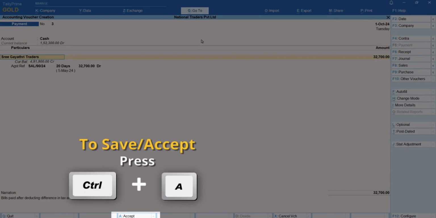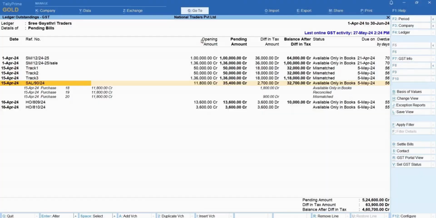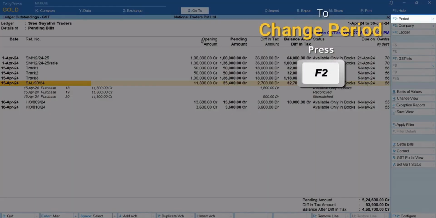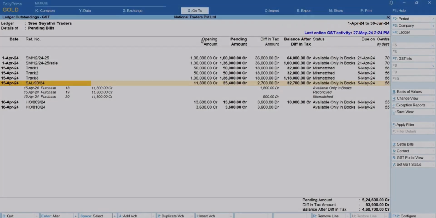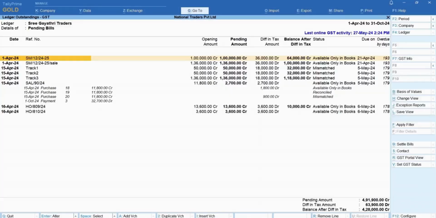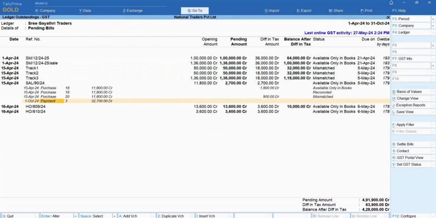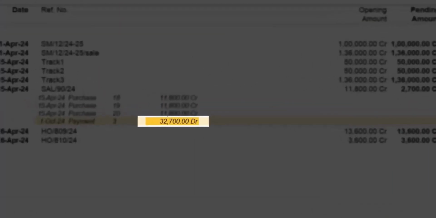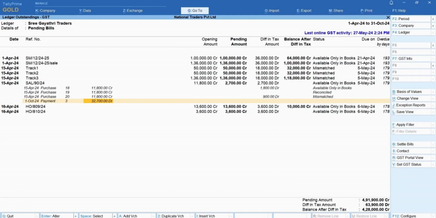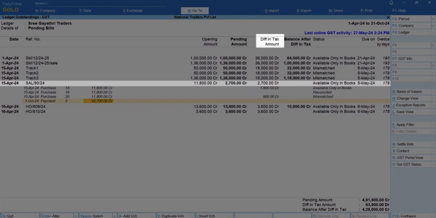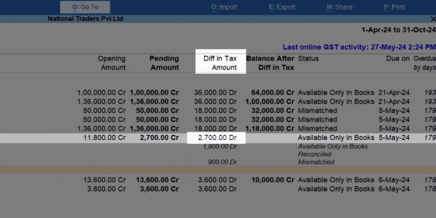Press Ctrl-A to save the voucher. When you go back to the report, change period to view the payment voucher. The balance amount is reduced to the extent of the payment made. The difference in tax amount will still be displayed.